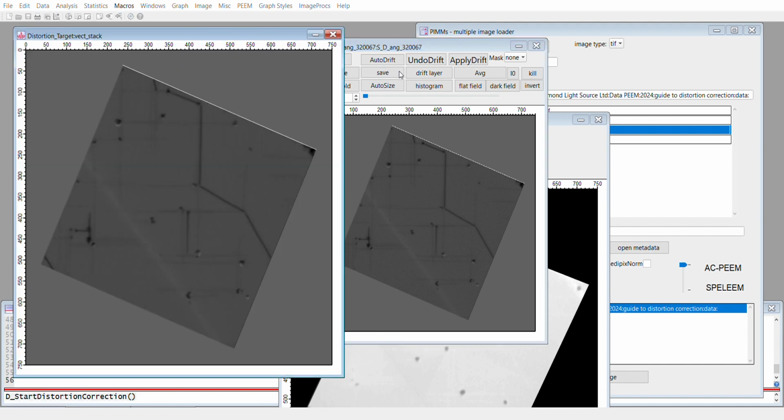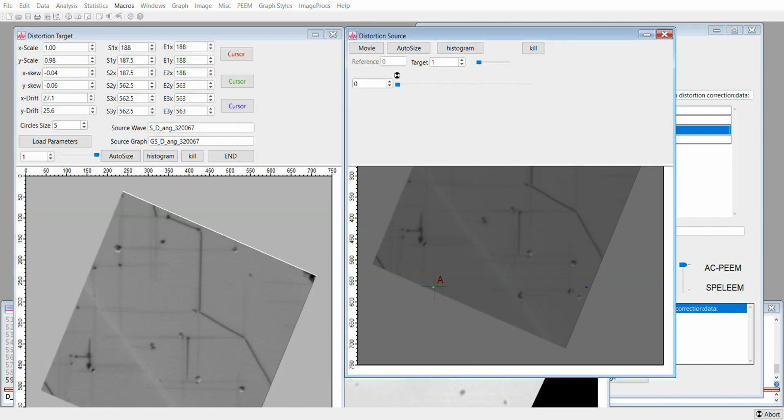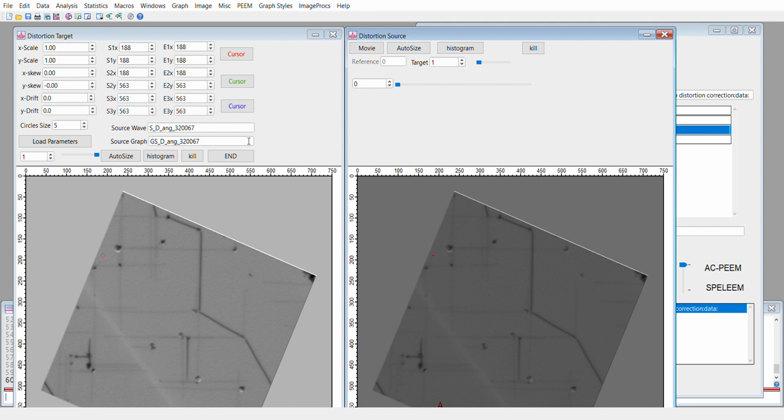This time we won't go through the distortion correction, but we will just press load parameter, choose the wave that contains the distortion parameter of the E, so SI,